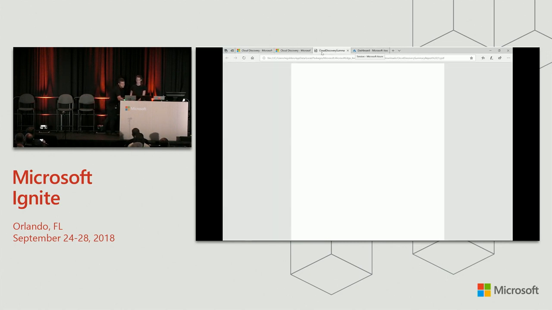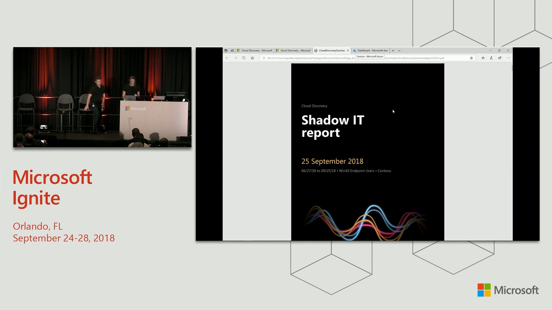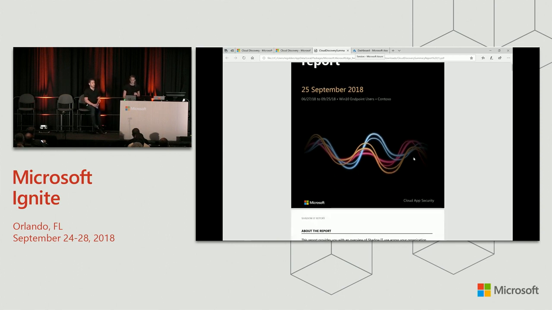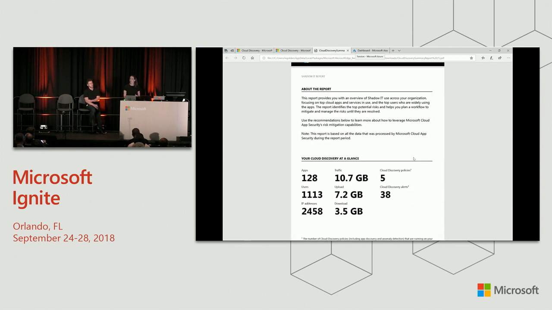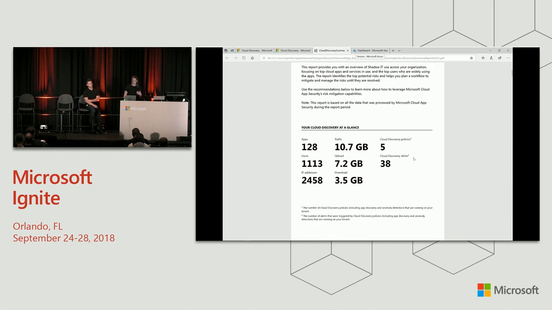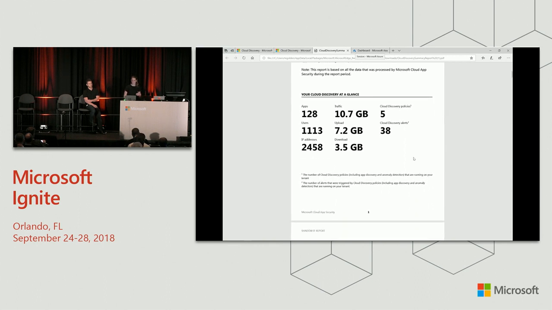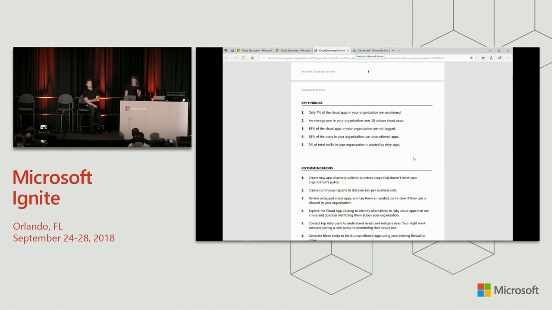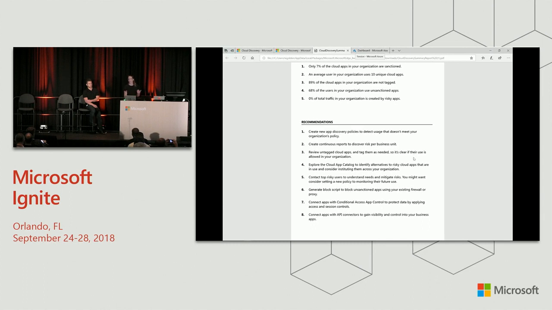I guess we don't have it open, so I'm going to generate a new one. Oh, it's already at the top. OK, so we pre-downloaded that to not depend on the Wi-Fi. So this gives you a high-level overview to talk to your management about what you found and to explain what some of the actions should be that you want to take with Cloud App Security. Key findings, recommendations on how to essentially improve your cloud security posture.